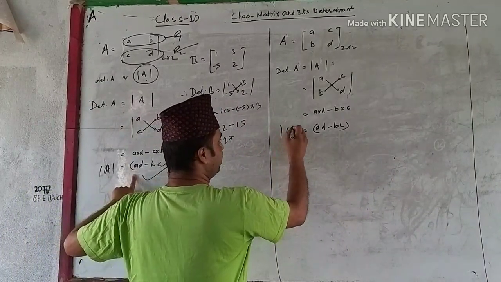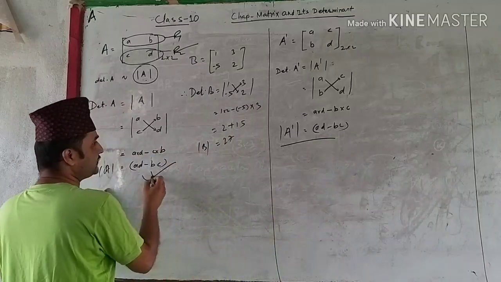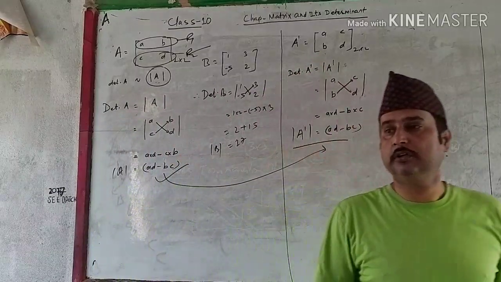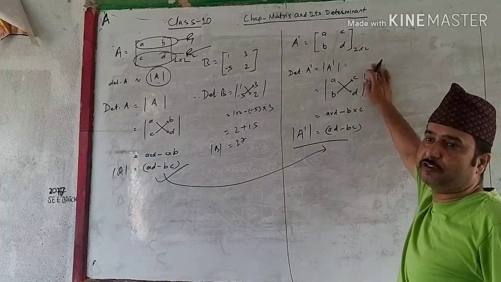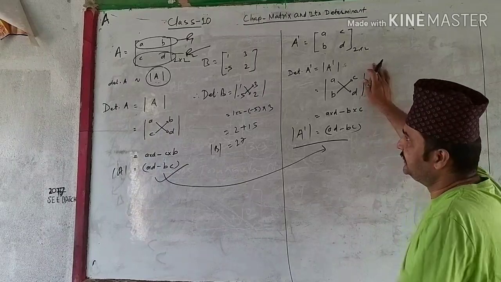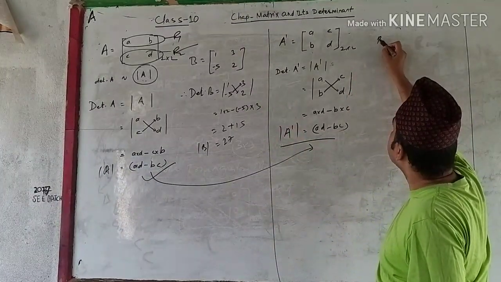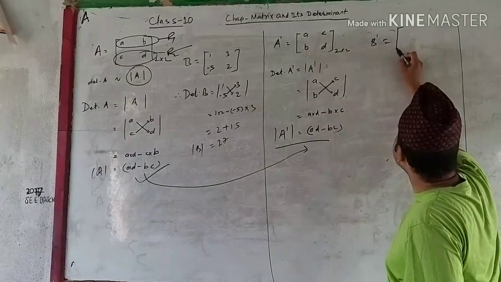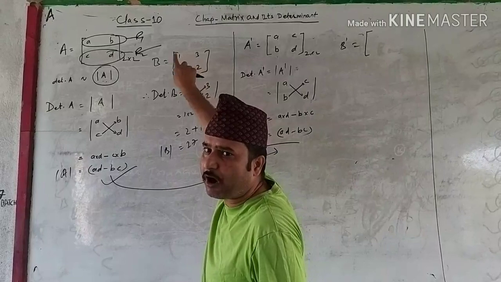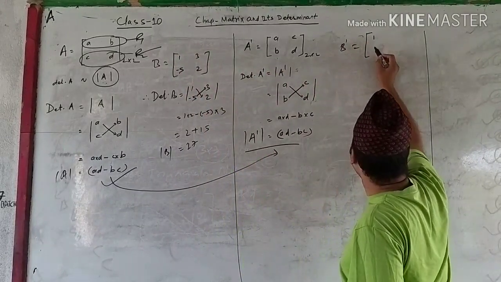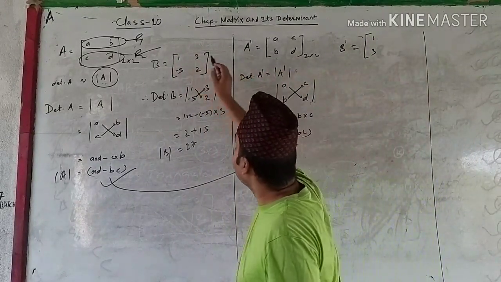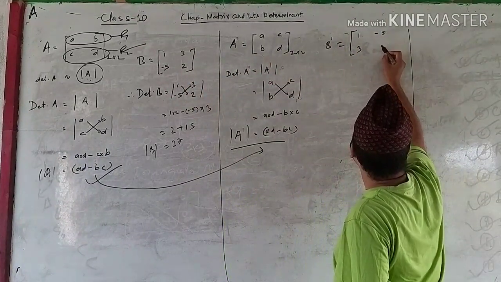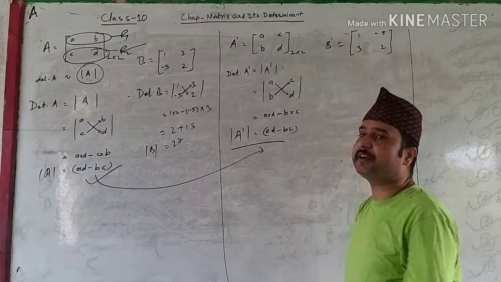It has the same result. Here, after interchanging its rows and columns also, the value is not changing. So take an example here also. Suppose, let us say, matrix B dash. Let me interchange these values. The elements of the first row, 1 and 3, now become the first column, and the second row becomes the second column. What is the determinant of this matrix?